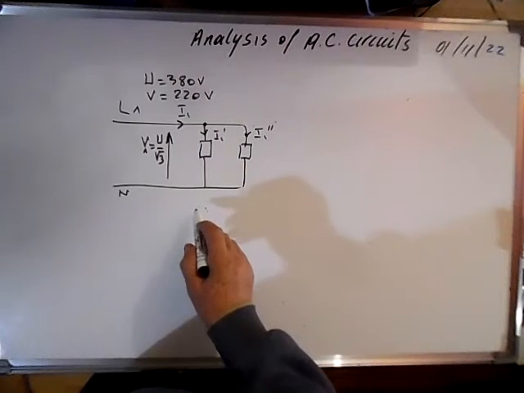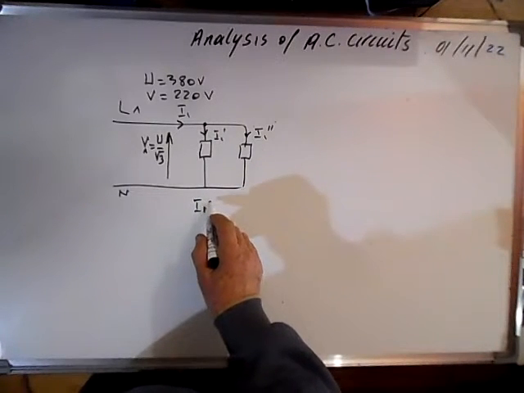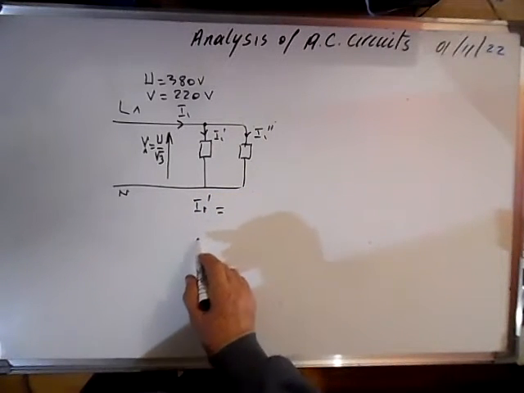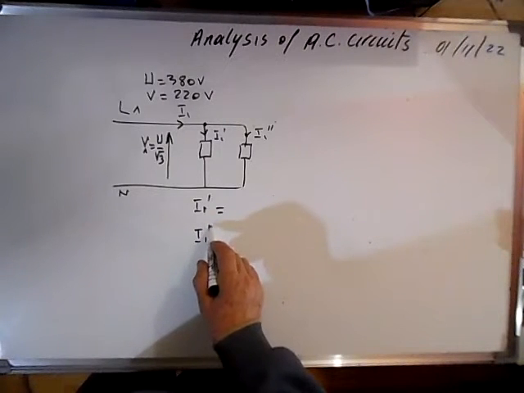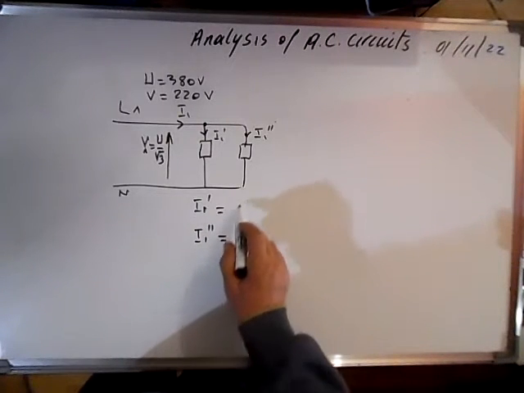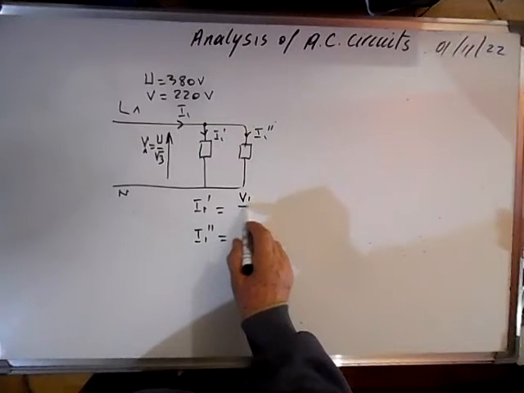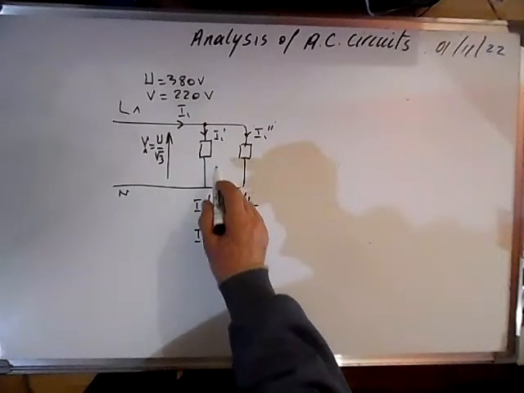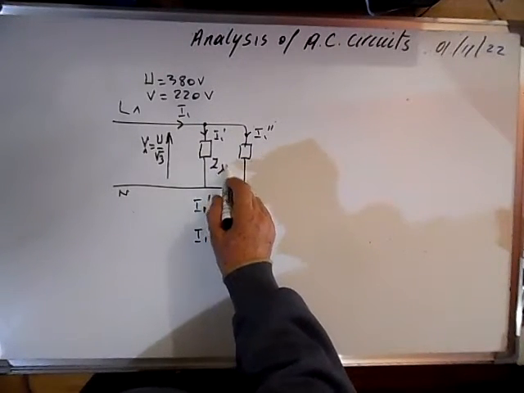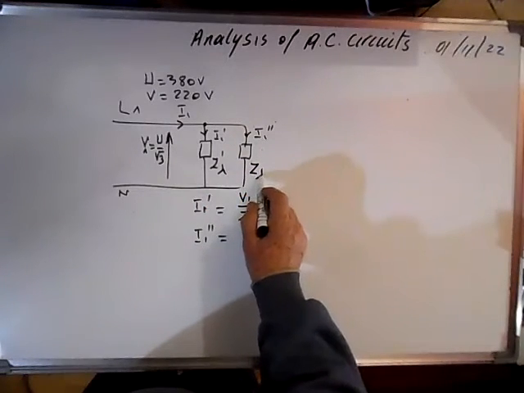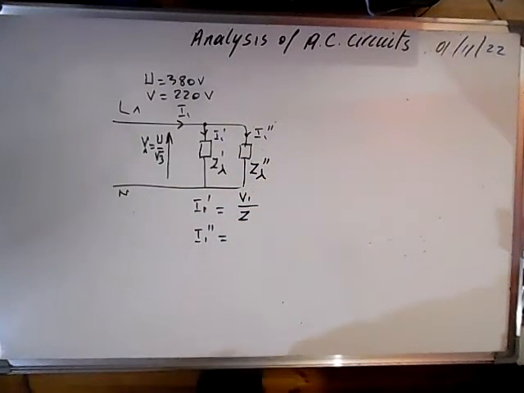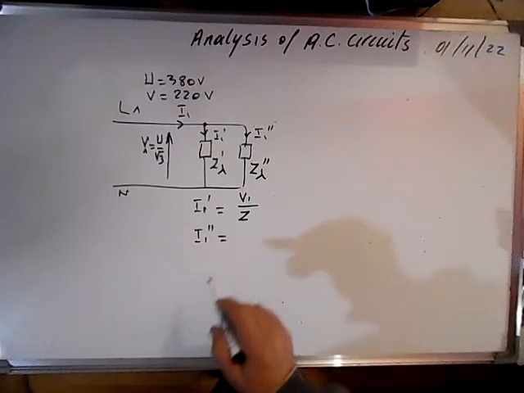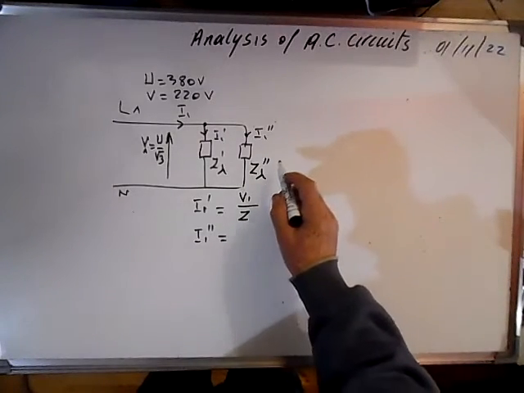So we can calculate I1 prime and I1 second prime. So this will be V1 over Z prime. This one we called Z2 prime, and Z